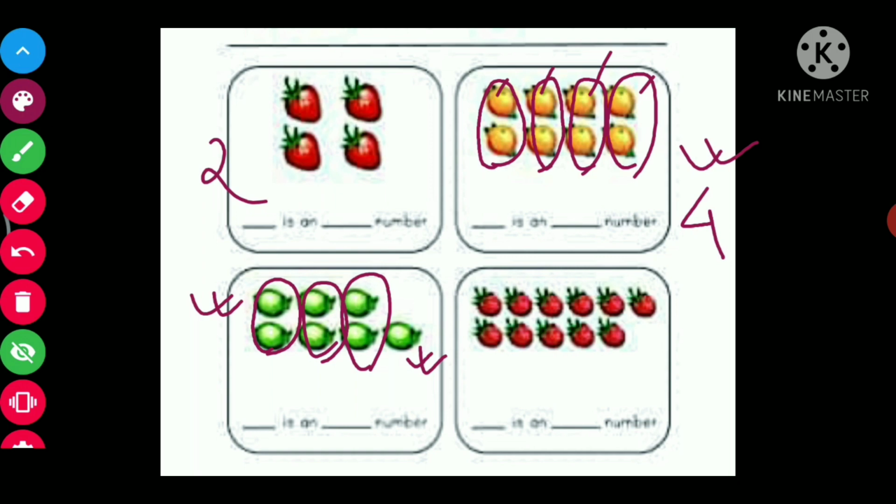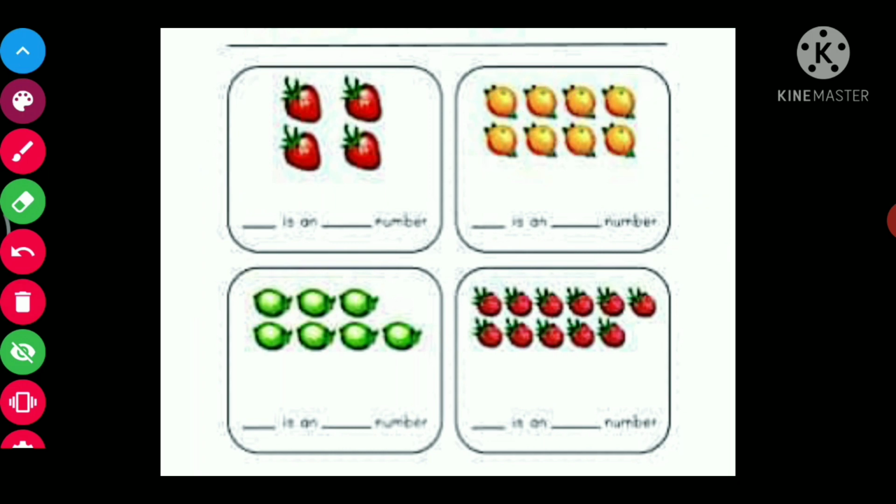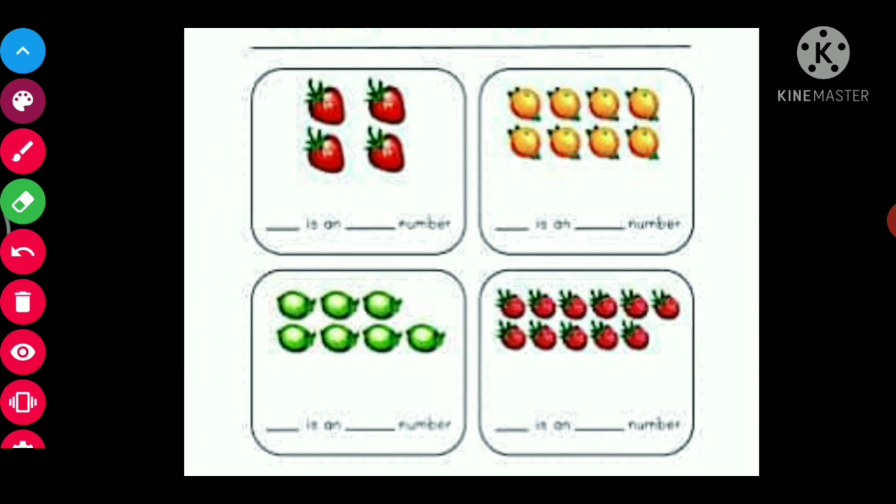So here we'll find 3 complete pairs but 1 incomplete. If I count the numbers, how many guavas are there? 1, 2, 3, 4, 5, 6 and 7. So 7 guavas are there.